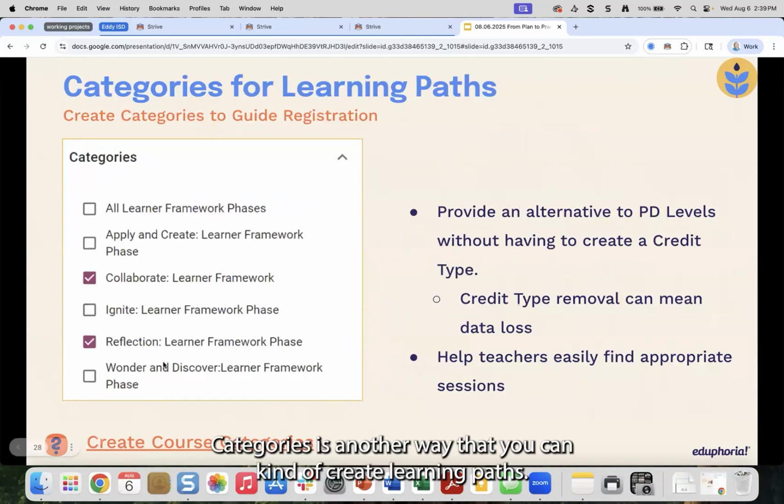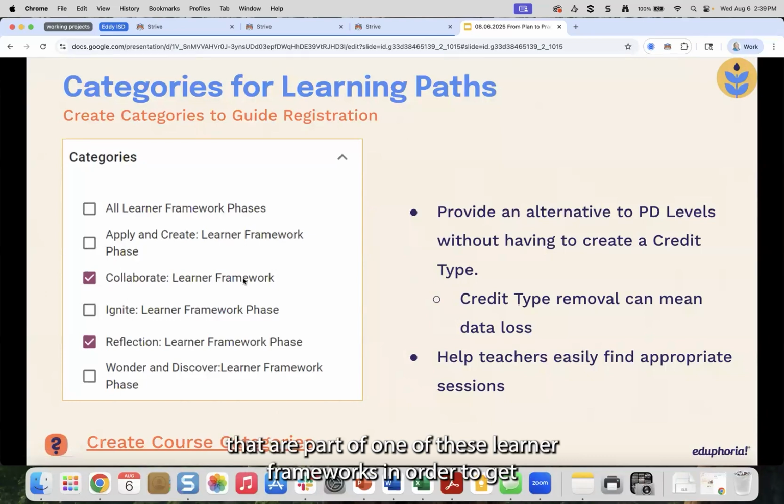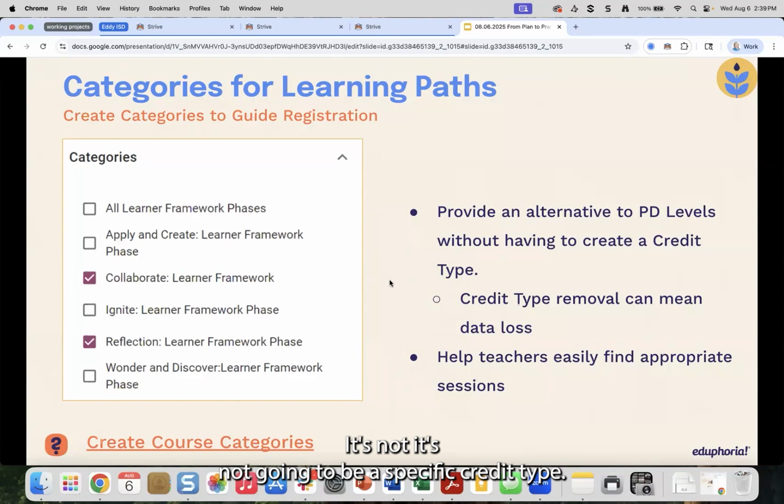Categories is another way that you can create learning paths. These are not as specific. There's not a requirement of hours, but I could say you need to take all the courses that are part of one of these learner frameworks in order to get whatever credit. It's not going to be a specific credit type. They're not going to have to request, and it's not going to show up as a path in their portfolio